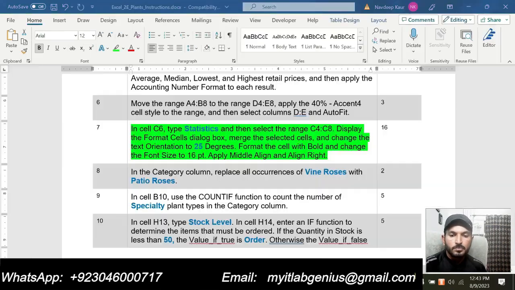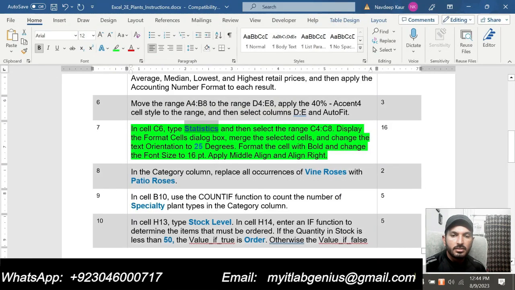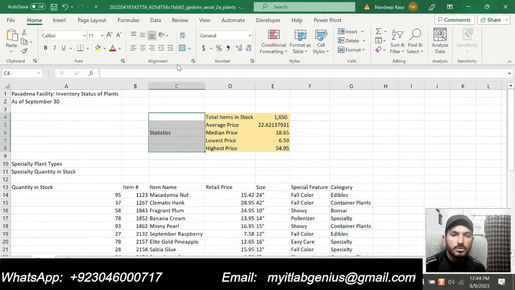Then select the range C4 up to C8, and we are supposed to merge these cells. So we are supposed to merge the cells. Yes, this one.